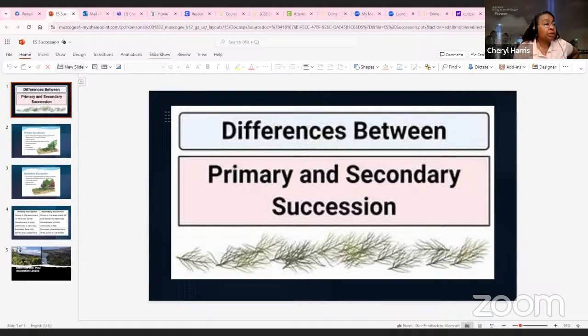I'm trying to admit people and click on the slideshow at the same time, and it's not liking that. All right, so